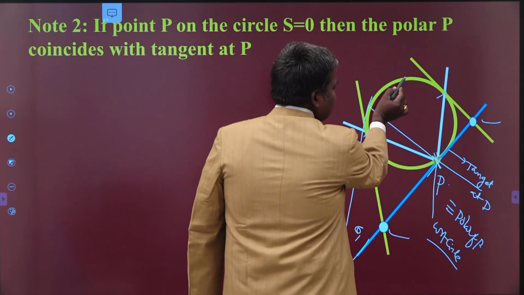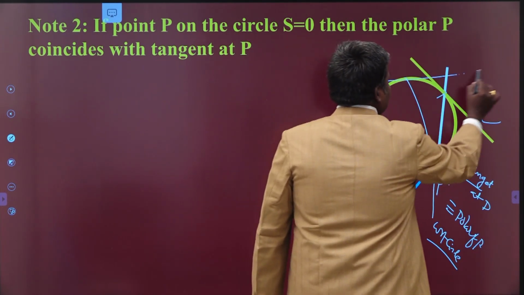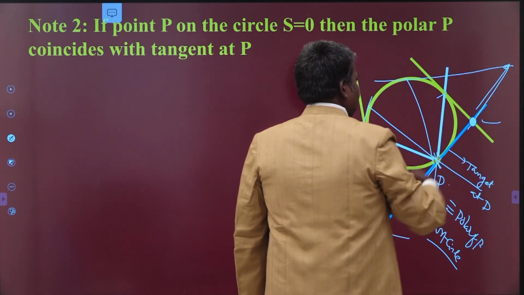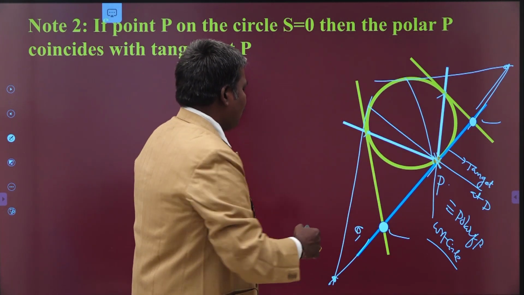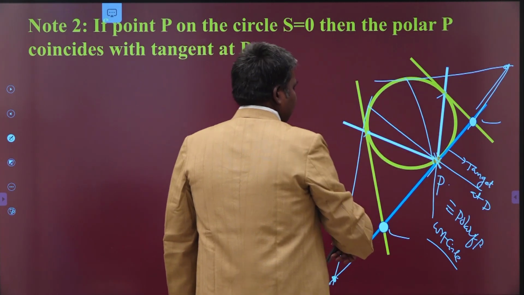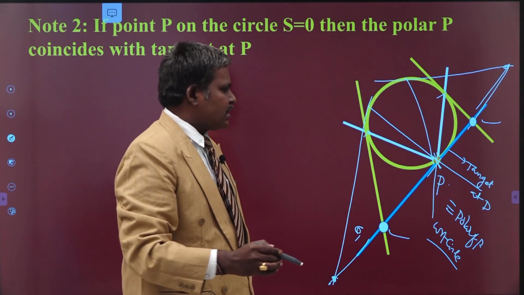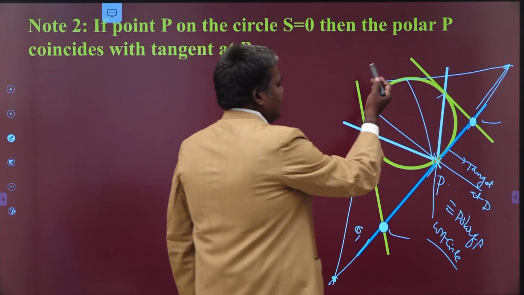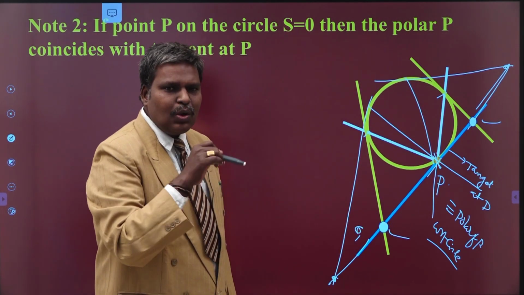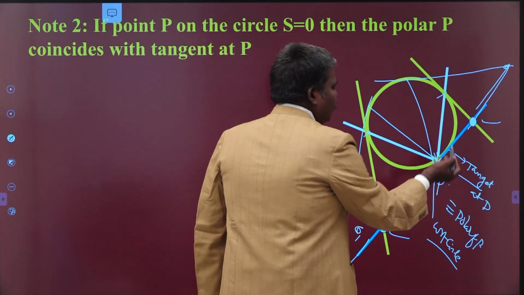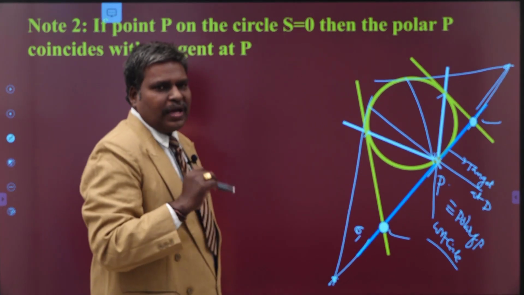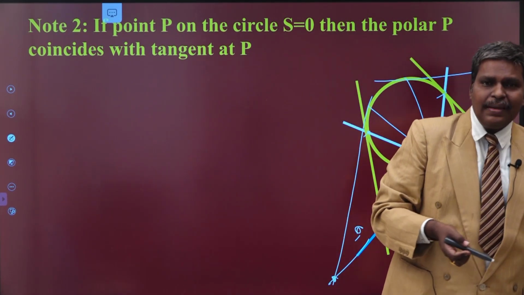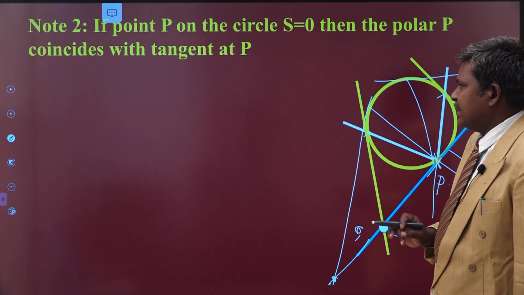If you take the chord here itself and draw the tangent at these extremities, the tangent is itself. There is no change. So the point of intersection is again on your tangent at P. So all the points of intersection lie on your tangent at P. The collection of all such points of intersection gives the polar of P. So polar of P coincides with the tangent at P in this case. So in this case, the polar passes through the pole. The corresponding point is called what now? Pole. So when the polar passes through the pole, we mean the point lies on the circumference of the circle. This is the second case.